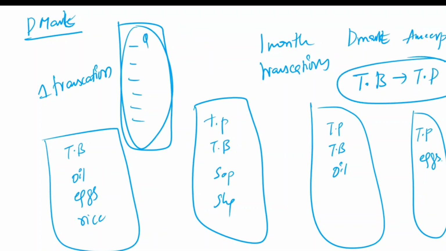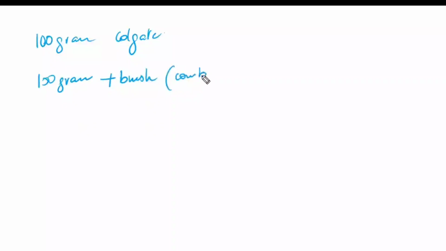So for example, if a person wants to purchase 100 grams of toothpaste, a particular paste like Colgate, 100 grams. In order to make this person purchase 150 grams, what do we have to do? If you just ask him to purchase 150, he'll say I don't have the budget, 100 grams is sufficient. But we want to attract this person to purchase 150 grams, so we just have to add a brush combo offer. Though he is not interested in the extra 50 grams, he'll purchase it. Instead of going for the brush separately, he thinks, let us go with this one. Automatically the brush is free now.